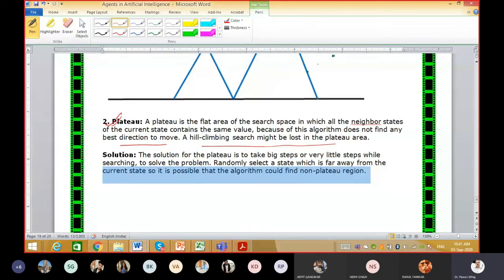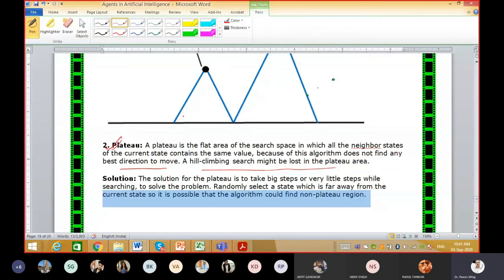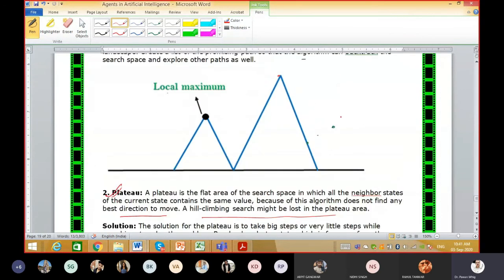So what is the solution for this? The solution for plateau is to take big steps. I'll tell you why plateau will occur. Say this is a mountain and this is a plateau kind of thing.